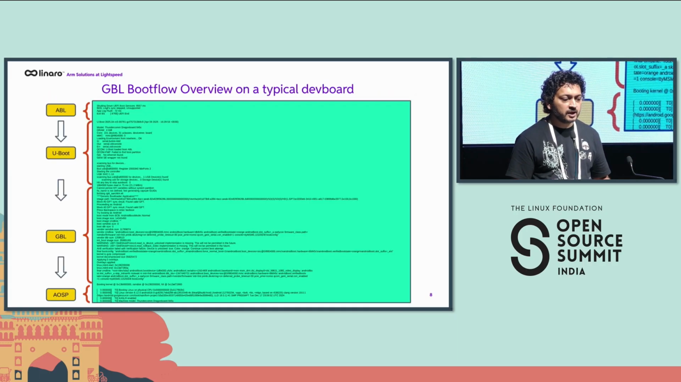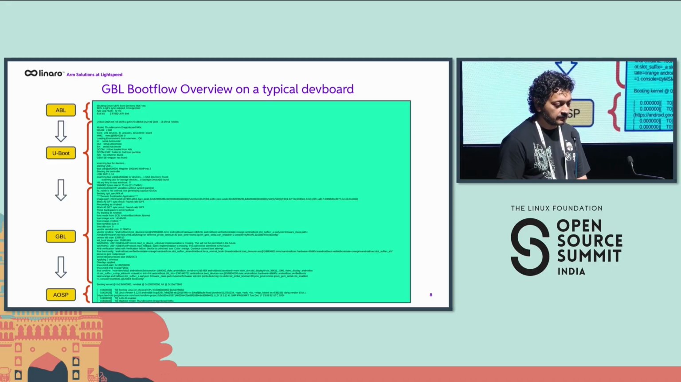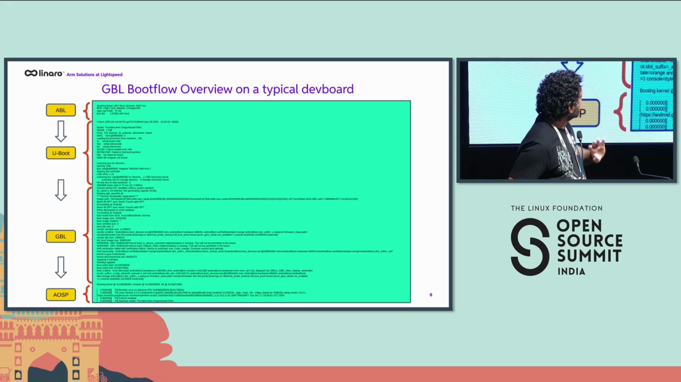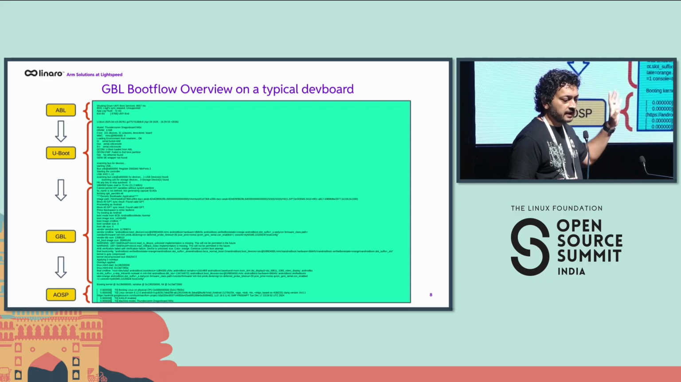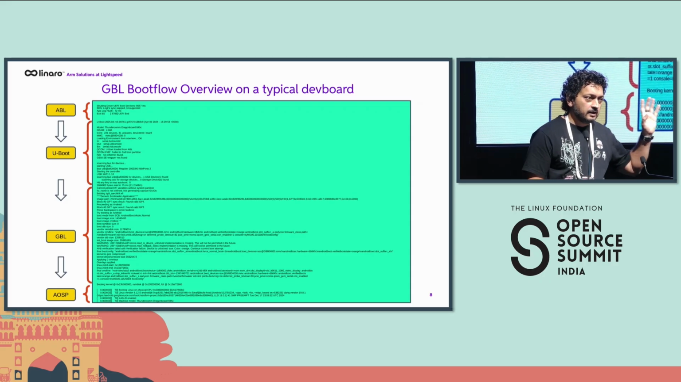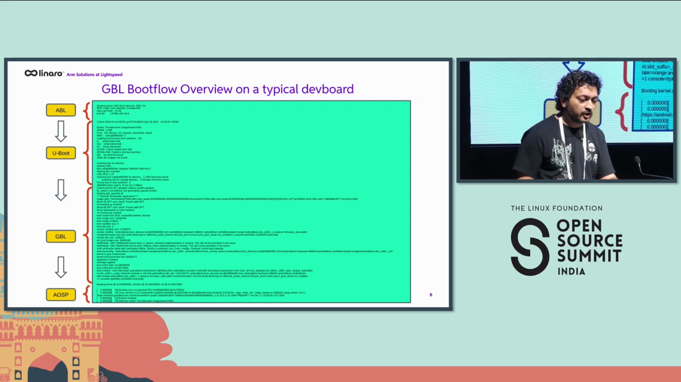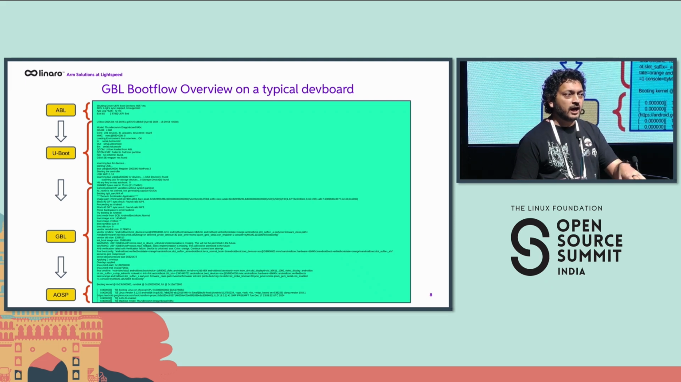Here is what the GBL boot flow looks like. You can see that the boot started from the stock bootloader. You will see that the ABL has kicked in. ABL will, so in this case, because it's a development board and we do not have access to the Android